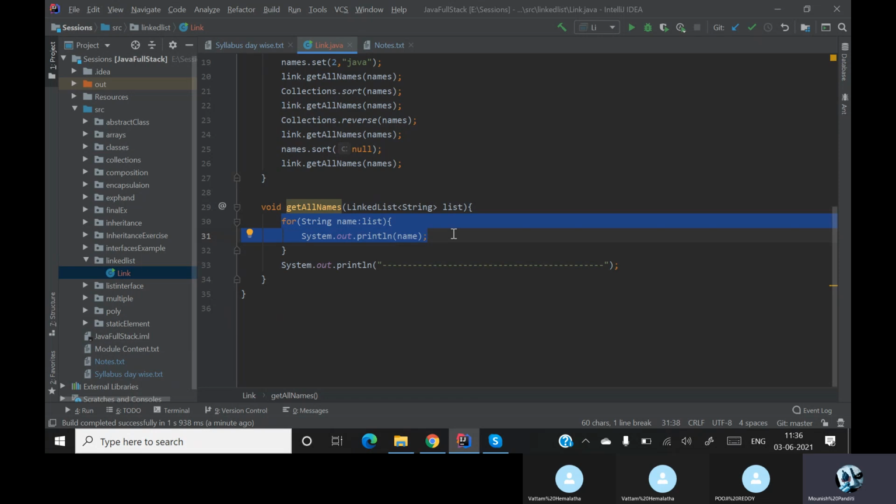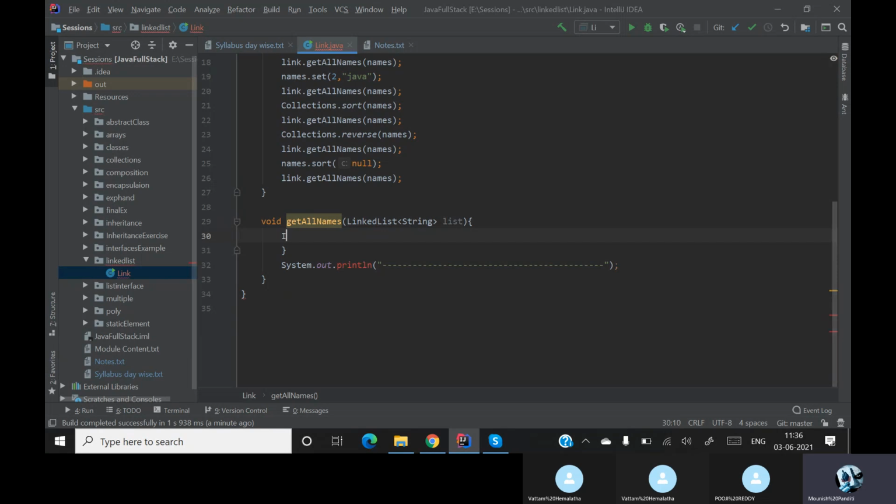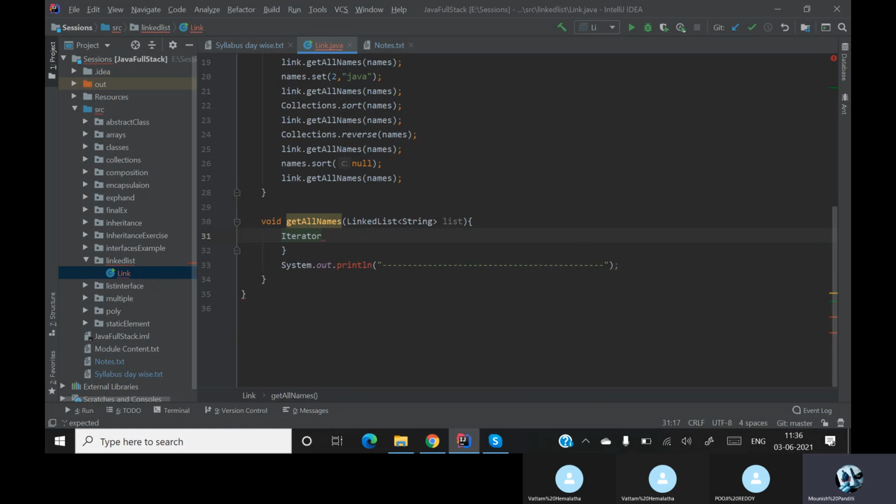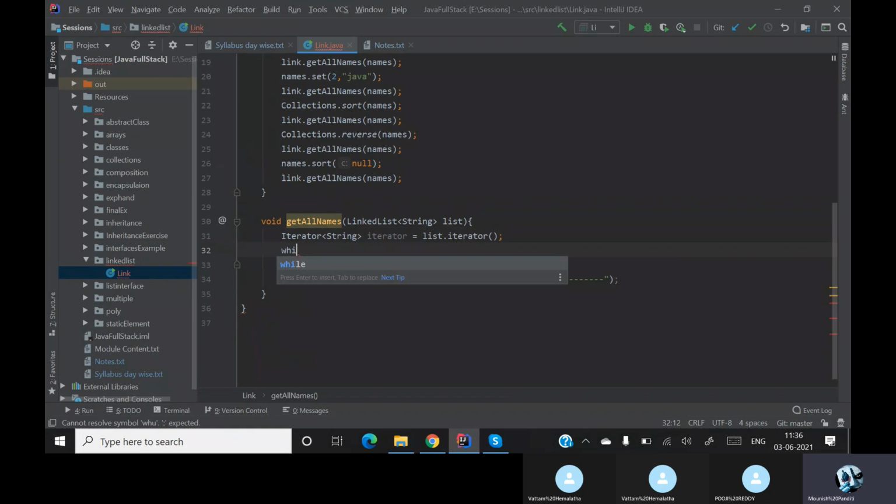So instead of a for each, we'll directly create an iterator right now. When you want to create an iterator, you will simply write Iterator. Iterator is also an interface. Do remember that iterator is taking a String. So iterator is equal to list dot iterator. That will be your object creation for the iterator class. Then we will be saying while iterator dot